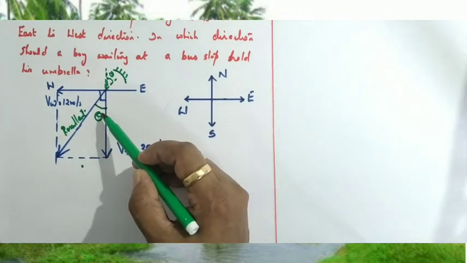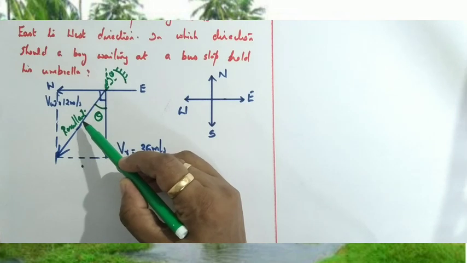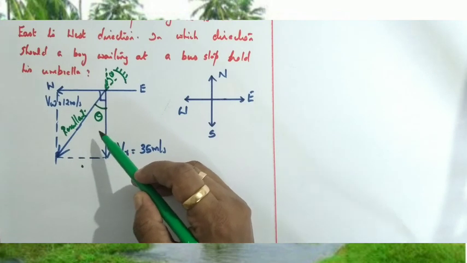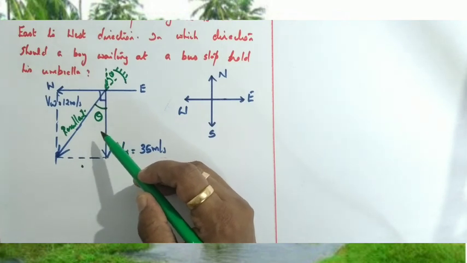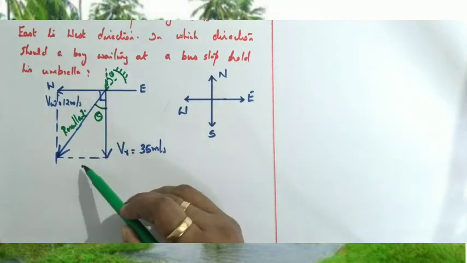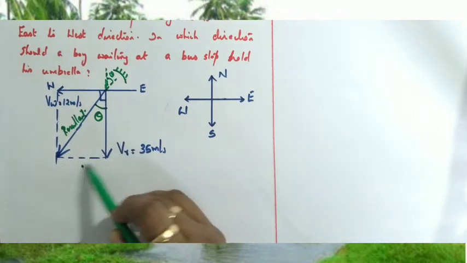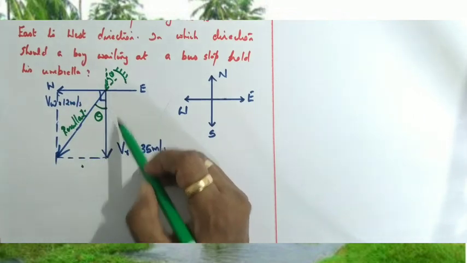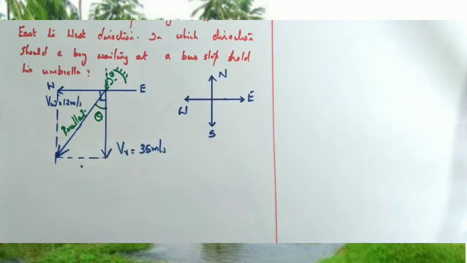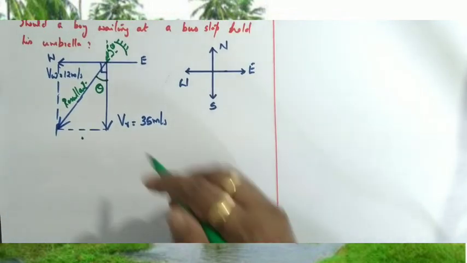If you take cos theta, what is cos theta? Cos theta is given by adjacent side divided by hypotenuse. There also, if you find the resultant first, then we can directly take sin theta or cos theta. But if you take tan theta, what is the advantage? Tan theta is equal to opposite side divided by adjacent side. The opposite side is the velocity of wind, divided by the adjacent side, the velocity of the rain. Both are known values. So the easy method is to take tan theta. Clear? That is the advantage of taking tan theta. No need to find the resultant.